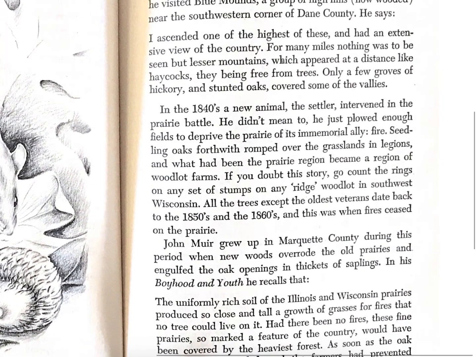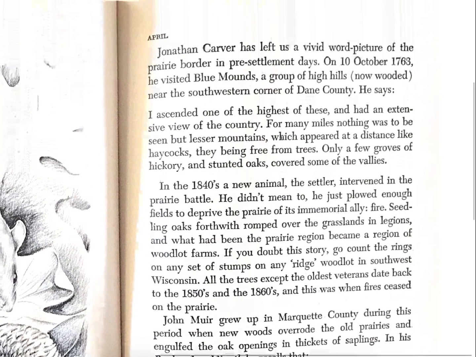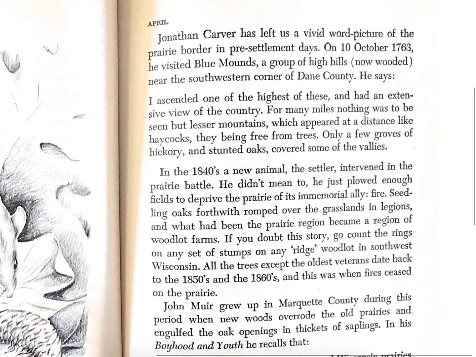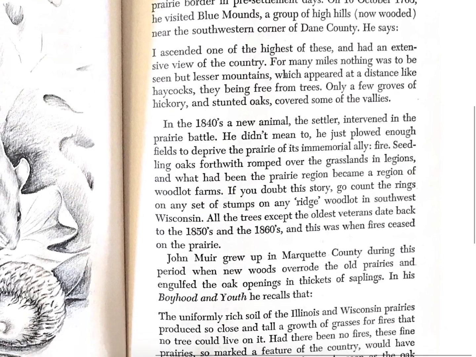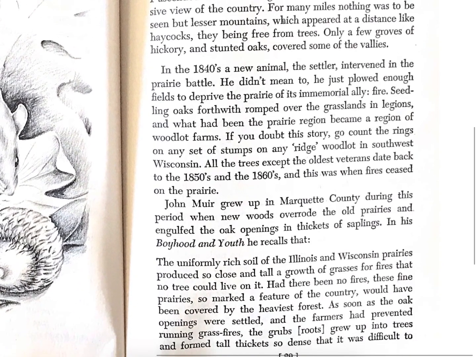In the 1840s, a new animal, the settler, intervened in the prairie battle. So prior to the 1840s, this guy, Jonathan Carver, created a record that said, man, it was grass as far as I could see in this area. So then in the 1840s, a new animal, the settler, intervened in the prairie battle. He didn't mean to. He just plowed enough fields to deprive the prairie of its immemorial ally, fire. Seedling oaks forthwith romped over the grasslands in legions,